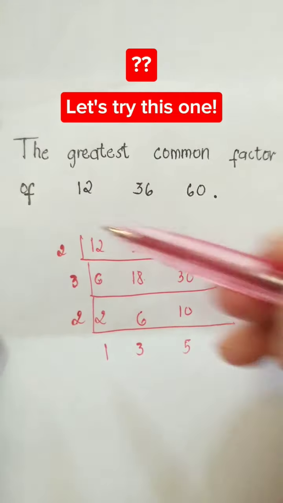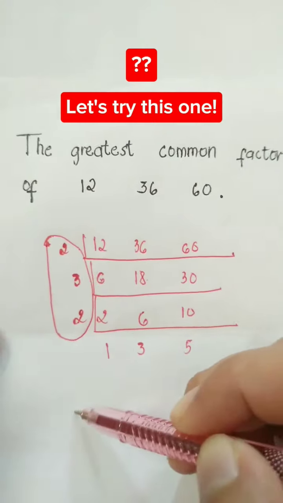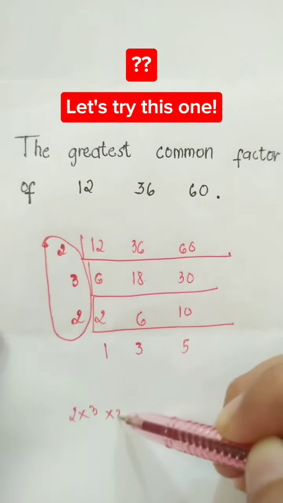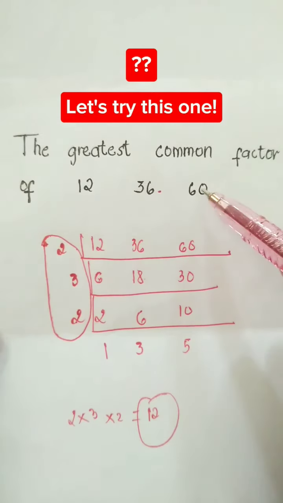So now, to find the GCF, we have to focus on this part right here. Okay, we have to multiply 2 times 3 times 2. 2 times 3 is 6, 6 times 2 is 12. The GCF of 12, 36, and 60 is